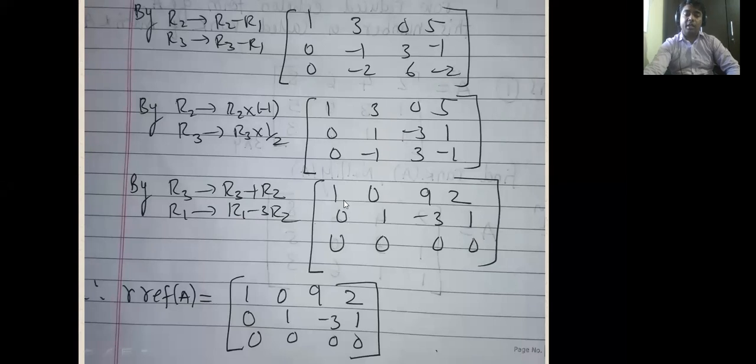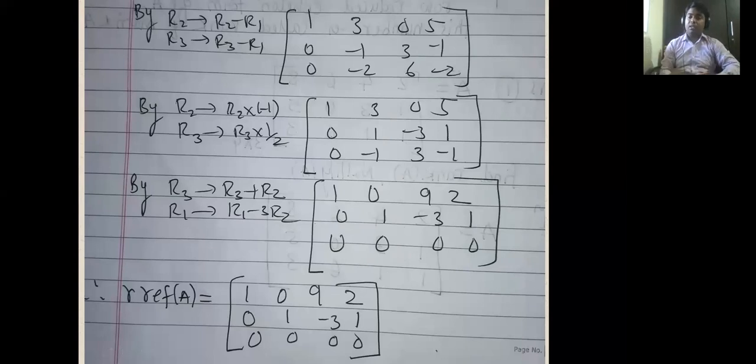Okay, now look at this form. We got this matrix here. See the conditions of the row echelon form. If there is any zero row, then it has to be at the bottom. Yes, this is a zero row and it is at the bottom, so that is okay. Now the positioning of the pivot entries. This is a pivot entry, this is also a pivot entry. The position of this pivot entry is on the right hand side of the pivot entry in the row above. Yes, so this matrix satisfies the conditions of the row echelon form.